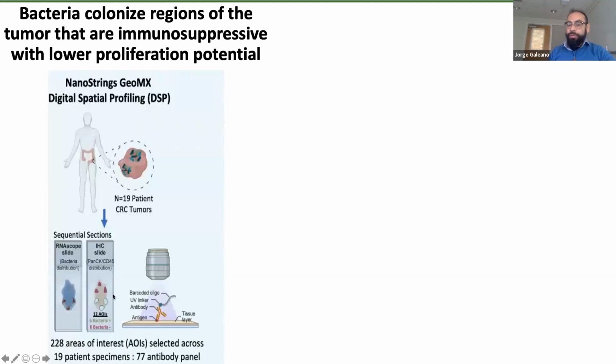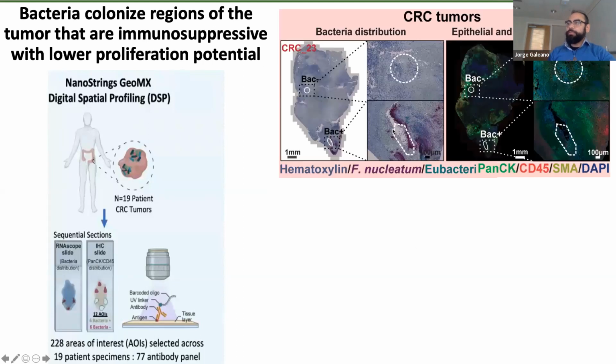And in this same slide, we also incubate with 77 antibodies that can target molecules that are involved in the immune response against tumors. Very similar to our previous technique, every antibody is attached with a UV linker and with a barcode oligo. So when we expose with UV light the regions of the tumor that contain bacteria, every barcode oligo is going to be detached, and then we can sequence, and that gives us the spatial coordinates for every protein target. This is just one example where we identify a region that contains bacteria, and we want to compare the expression profile against a tumor region that is bacteria negative.